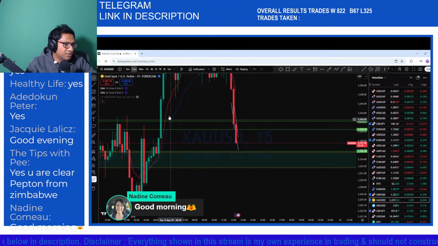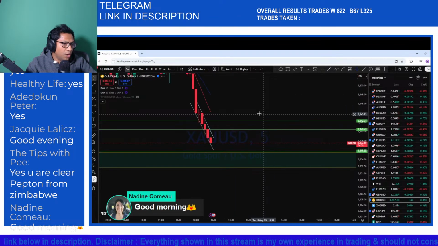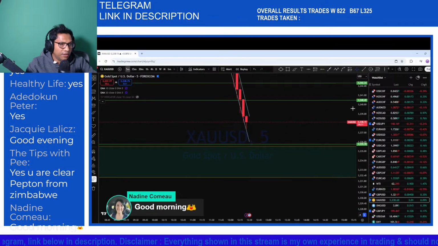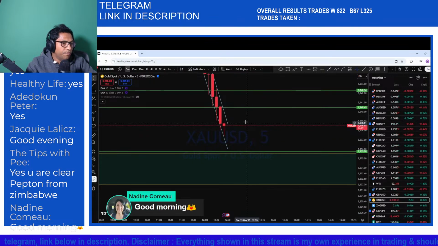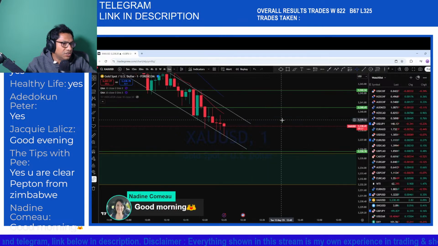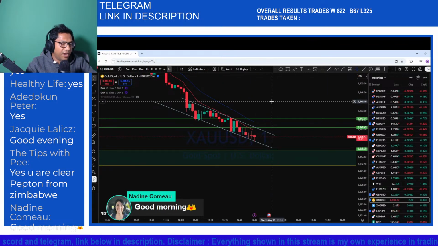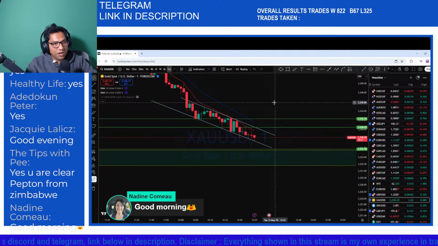So here is the price approaching that zone where this is the 5 minutes candle closed also showing a bearish move, and wanting to see that it's breaking out of that channel so that we can find a possible